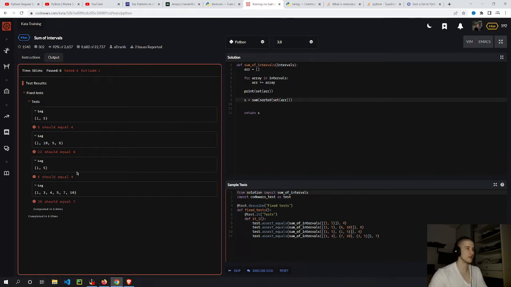Oh, actually, I'm not printing the correct thing. So here. Hmm. Interesting. So I think what I can do is I can zip this. I don't remember really well how it works. If I do this,